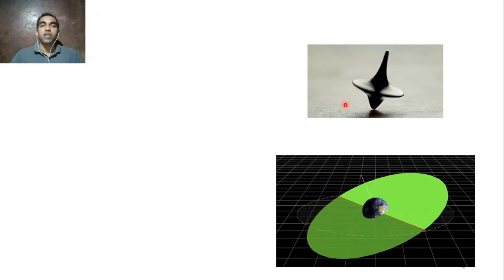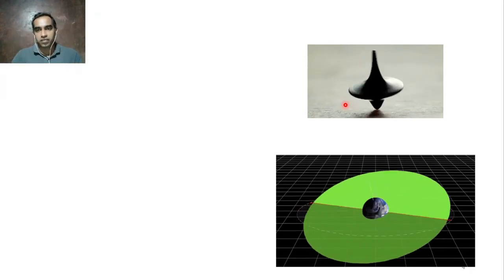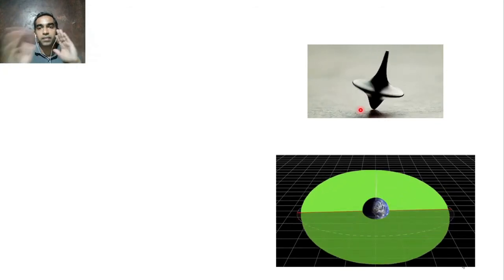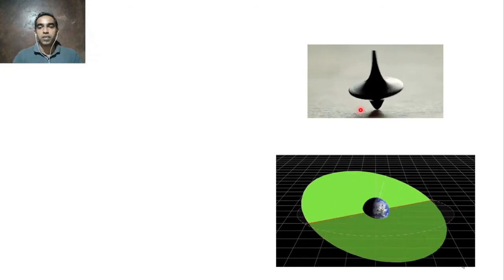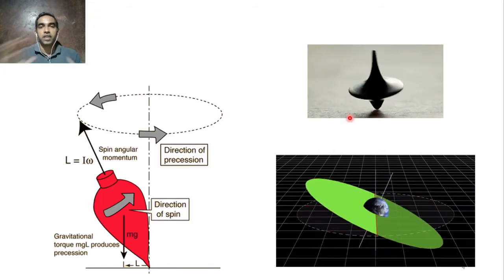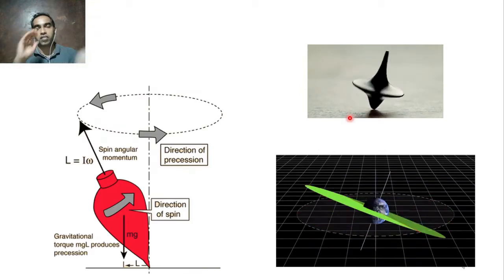When you put a spinning top on Earth, this is how it rotates. You must have experienced it. What is the reason for it? It's because the Earth moves like that. It is not circular, it is an elliptical orbit. Because the Earth moves like that, there will be a gravitational pull, and that's why it precesses. This is called precession.